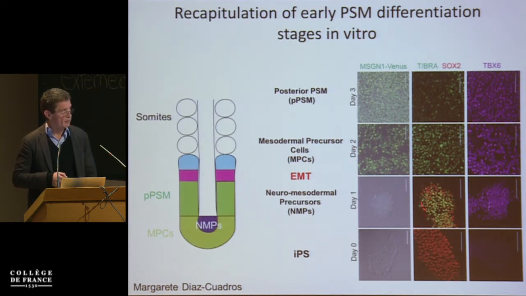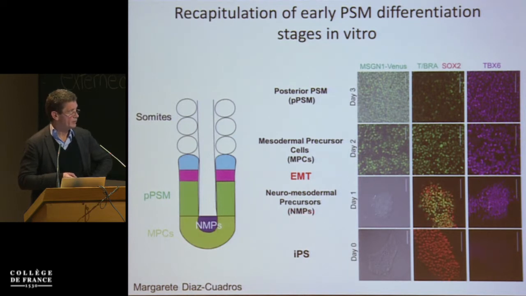At day 1, they maintain SOX2, but they start to activate brachyury, which means that they acquire a state that resembles these NMPs, which has also been nicely studied by James Briscoe here. And then these cells turn off SOX2, and they maintain brachyury for some time, and then eventually they lose brachyury. And in parallel, they will activate TBX6, which is this marker of the posterior presomitic mesoderm,